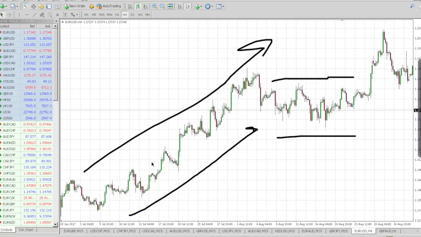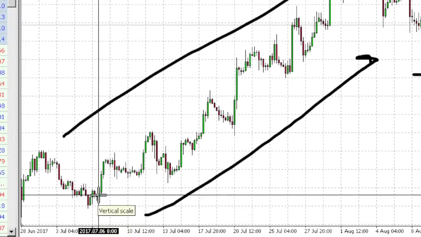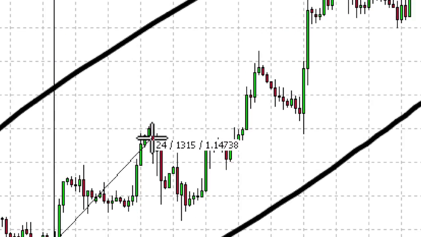Let me take a look. Yeah, in fact, shorter than that. So for a swing trader, let me zoom in a bit. Okay, so they may buy somewhere over there, and they may even sell just there. So they captured about 100. You can see 1315 at the center. So that's 131 pips. All right, so they captured 131 pips.